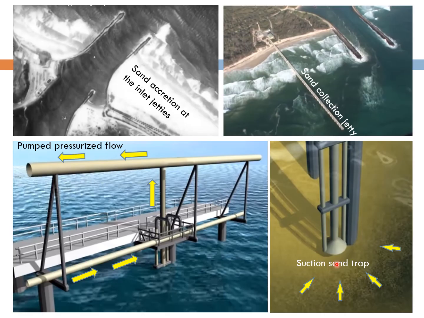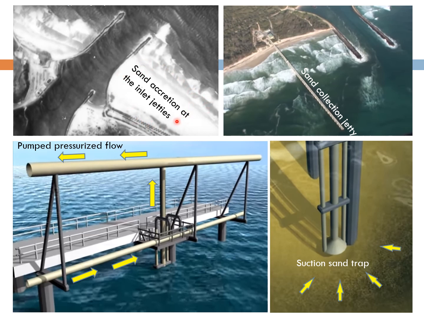This is the sand suction trap which carries the sediment upwards and then pumps into the pipeline system so that the collection jetty is able to send the sediment onshore and subsequently to its destination. This figure shows the inlet and the excessive accretion